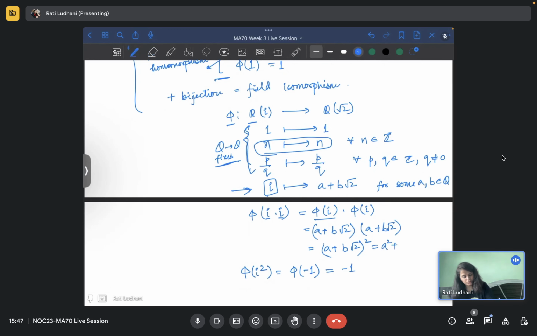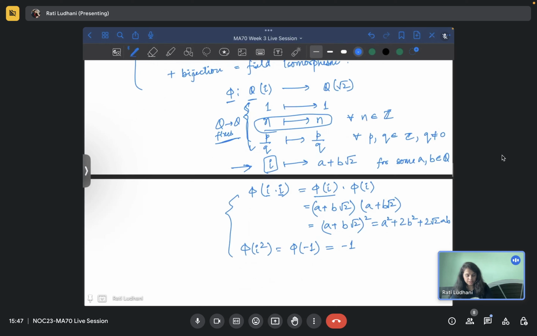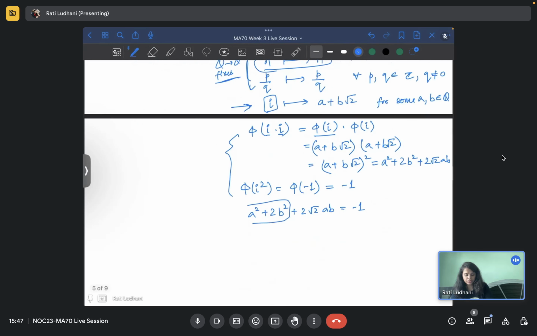So a square plus 2b square plus 2 root 2 ab. Now, as these two things are the same, both of these should be equal. So again, if you compare, since a and b are rational numbers, we should have a square plus 2b square equal to minus 1, and 2ab should be equal to